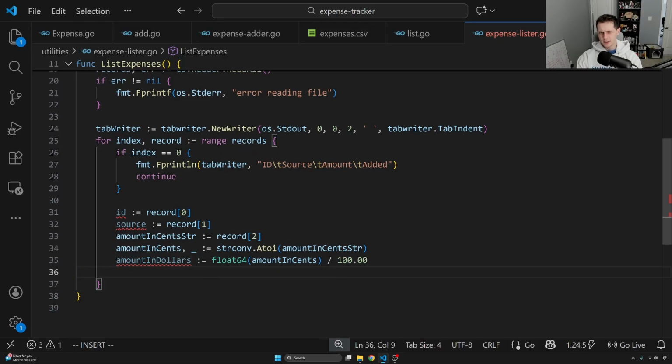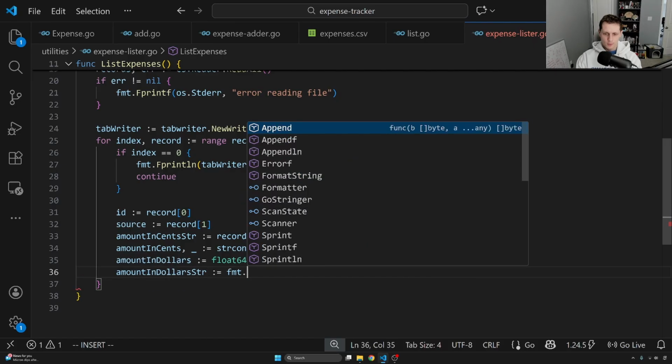But we're not quite done yet, because when I want this printed out to the screen, I want a $ sign to be placed in front of the amount in dollars. And also the amount in dollars, when it gets printed out, will have extraneous zeros or other decimal places past 2. So we also want to format that. So lastly, for our amount conversion, we will have amountInDollarsStr, and that is going to be equal